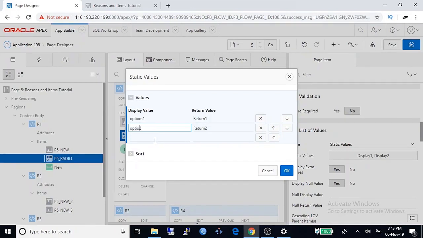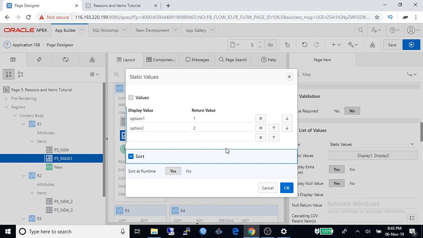And display 2 to option 2. Return value of option 1 is 1 and return value of option 2 is 2. You can sort here. I'm not sorting. You can remove the item, I can arrange it with this arrow button,